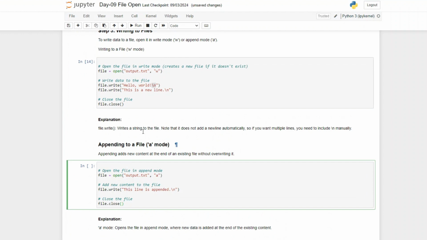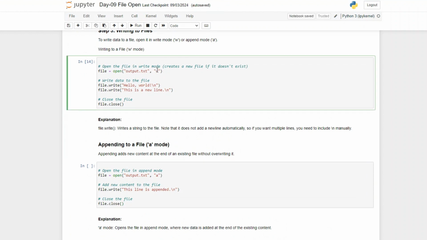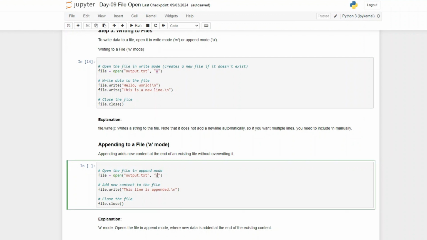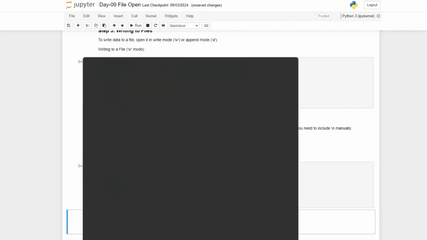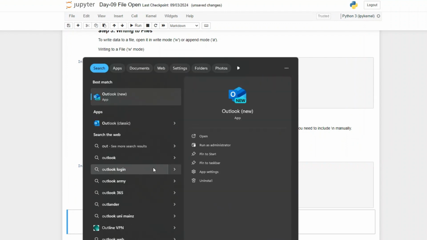So the same file that we created, the output.txt, but now we're not writing into it. We don't want to overwrite it. We want to append to the file. So our mode would then be A and not W, and we'll still use the file.write. This line is appended, and then we put our new line symbol, and as always, close the file. So then when I run this, it's done, and then when I open the